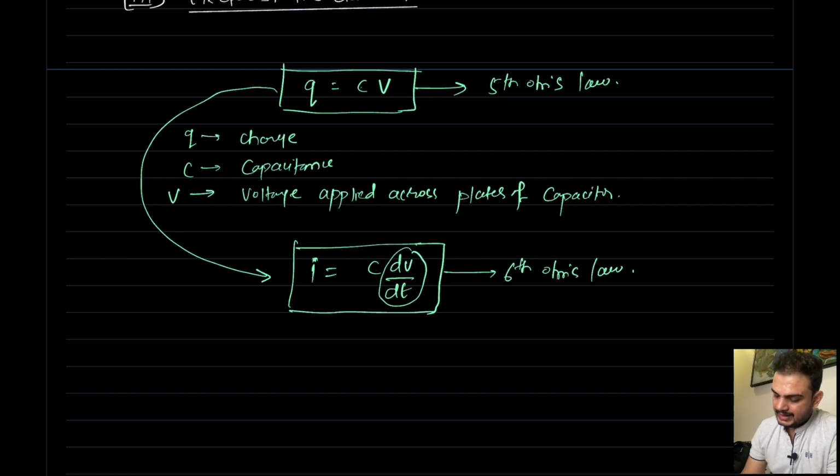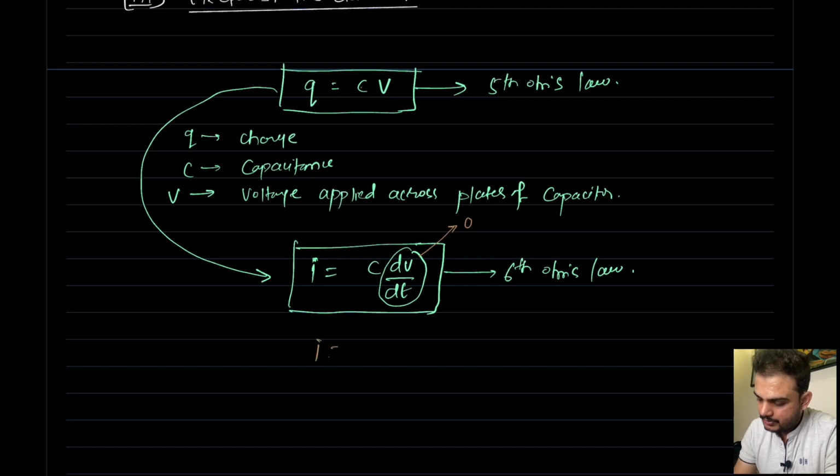Now, like the inductor I have discussed, if I give DC supply to the inductor, there won't be any rate of change of current. That's why my voltage will become 0 in case of inductor. If I give DC, that inductor will get short circuit. Similar to that, if I give DC supply to my capacitor, what will happen? There won't be any dV by dt, because there will be no rate of change of voltage, since we are giving a constant value, that is DC value. So dV by dt will be 0 for DC supply to the capacitor.